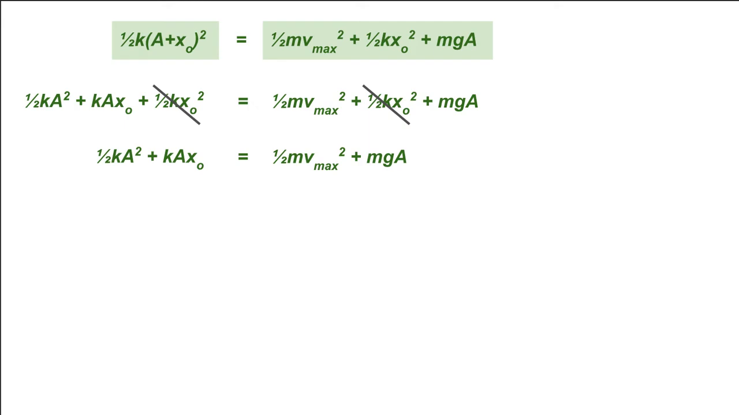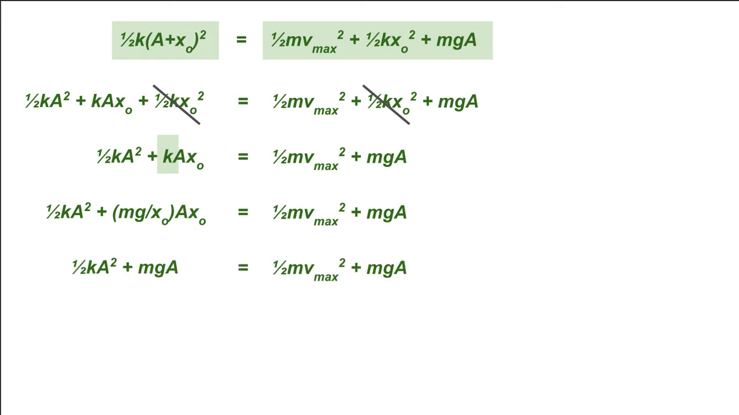And again, it still looks pretty messy, but again, recall that k was equal to mg divided by x sub o. We got that from the equilibrium condition. And so we can substitute this k here with that expression, mg over x sub o. Again, do a little algebra. That term just becomes m times g times a, but hey, that's what we have on the other side of the equation too. So we end up with a very simple result by just, again, putting this all together,